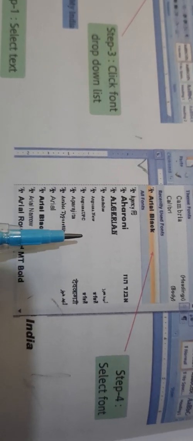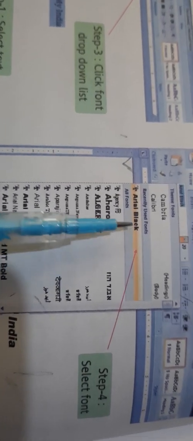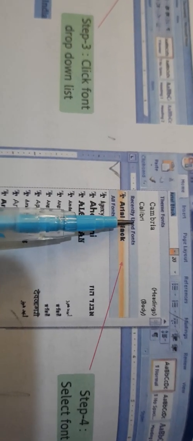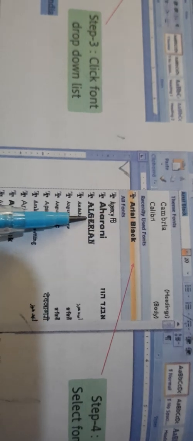The names are given to you in alphabetical order, and there are many fonts available there. Cambria is different in look than Calibri, Arial Black, and whichever font you see, its look is different from the last one. Can you see all these fonts? You can apply any of these fonts on your text and the text will look different.